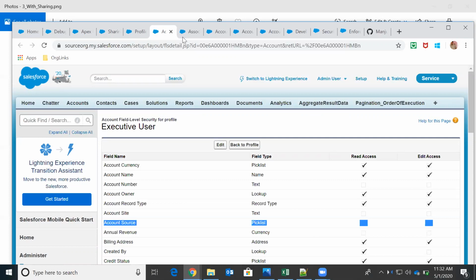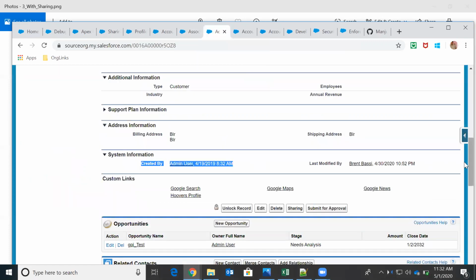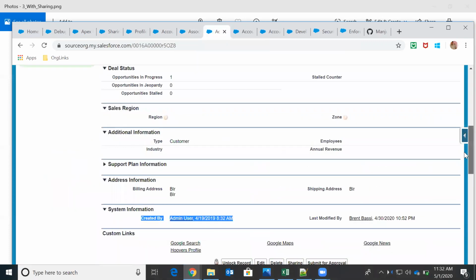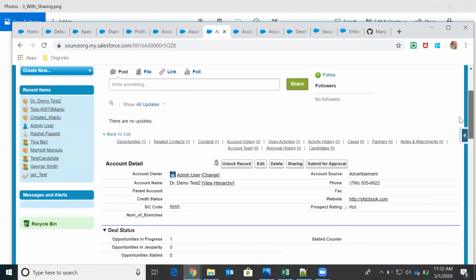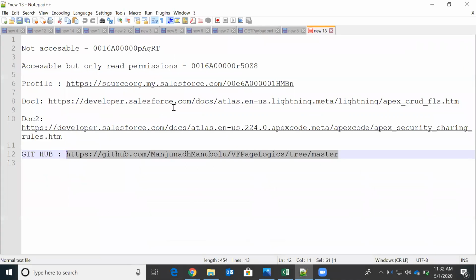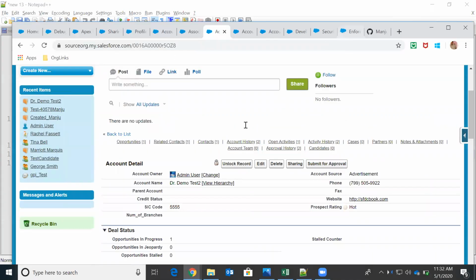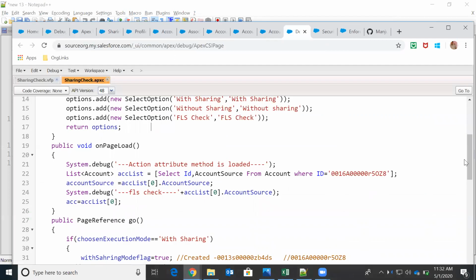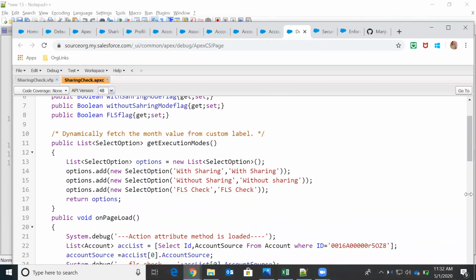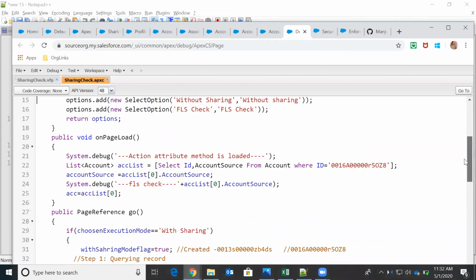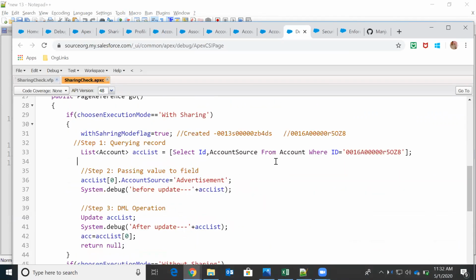Now what we will do, we'll take one record. This record is not owned by this user, and this user has no access. Let me open this record. This is a record created by the same user.